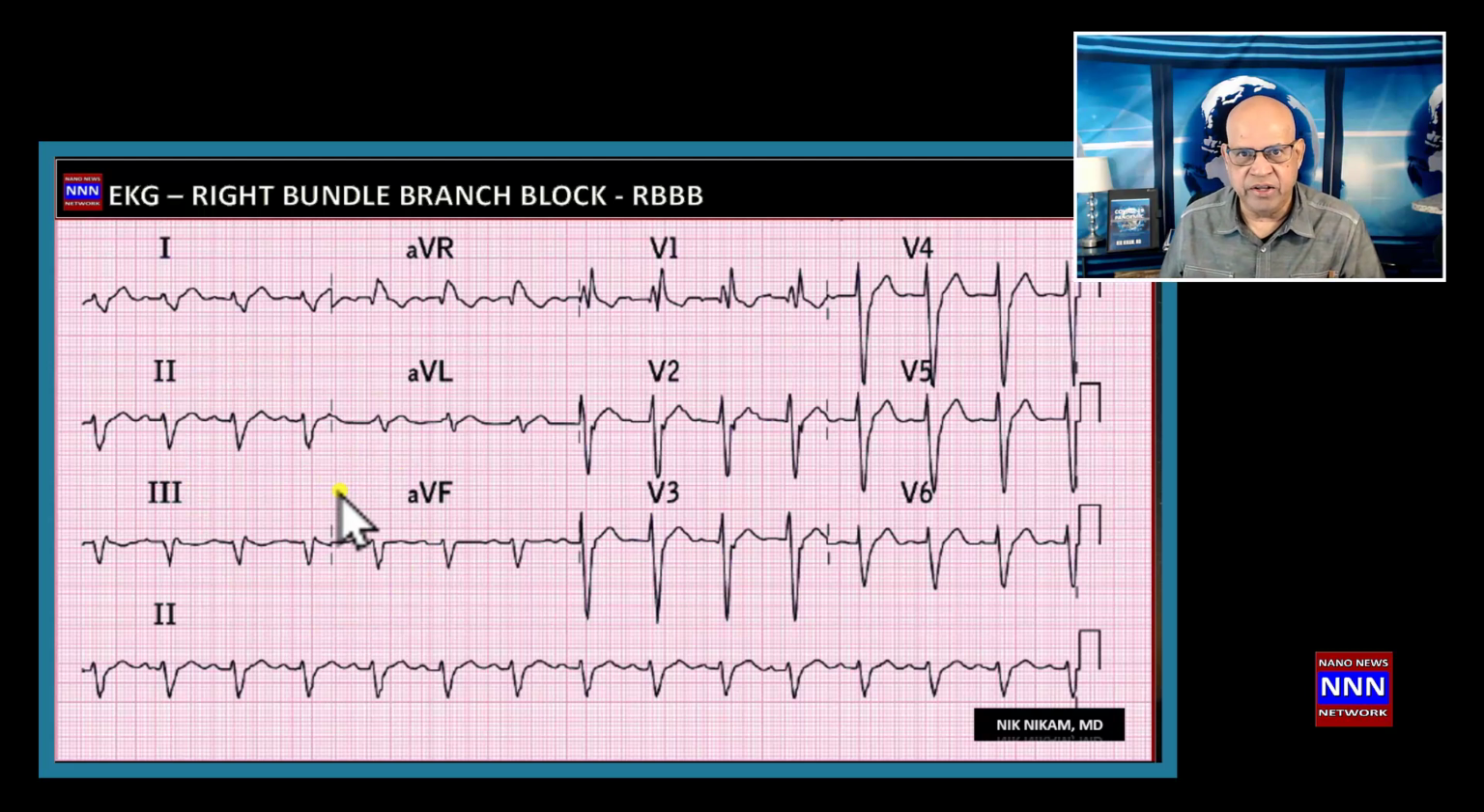Putting these two together, now we have a bifascicular block. To that, some people say if you add a first degree AV block with prolongation of the PR interval, it may signify trifascicular block. Why are bifascicular and trifascicular blocks important? When we use drugs like beta blockers, we need to be cautious because these patients may progress to complete heart